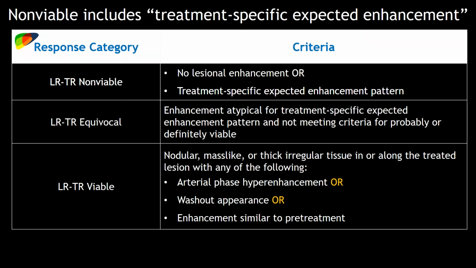And so the way I will sometimes present it is, based on this imaging appearance, it looks like they had intra-arterial therapy. If it is radiation therapy, then I would call this equivocal, but if it was non-radiation, I would call it non-viable. Like we were talking about with that other TACE case, in your reports you could add that caveat: if it was this form of therapy, this is what I'd call it; if it was another form, this is what I would call it. But I really can't make an accurate assessment until I know what form of therapy it was.